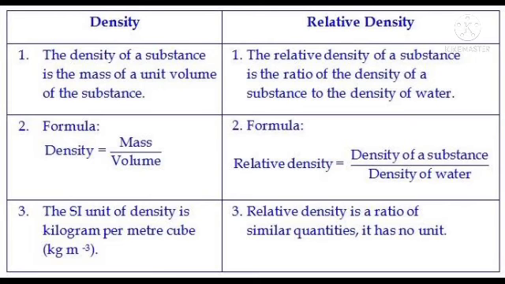What is density? Density of a substance is the mass of unit volume of a substance. So density can be expressed as mass by volume. To measure the heaviness or lightness of two different materials, we can do it with the help of density. Mass is nothing but the weight of the object, and volume is the space occupied by the object. By comparing this, we can identify the density of the object. So density makes it easy to compare the heaviness or lightness of different materials.